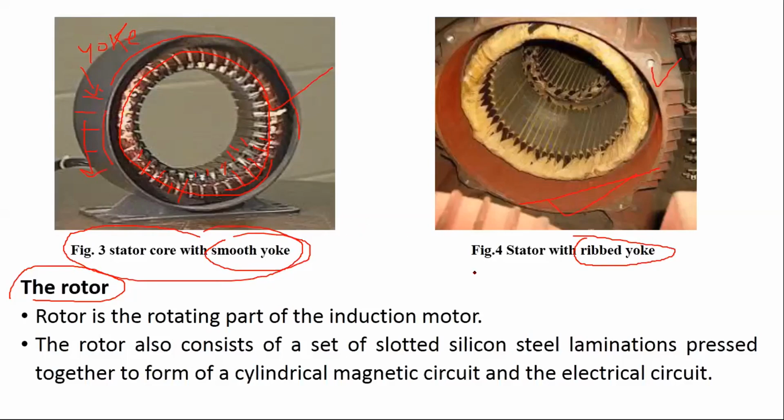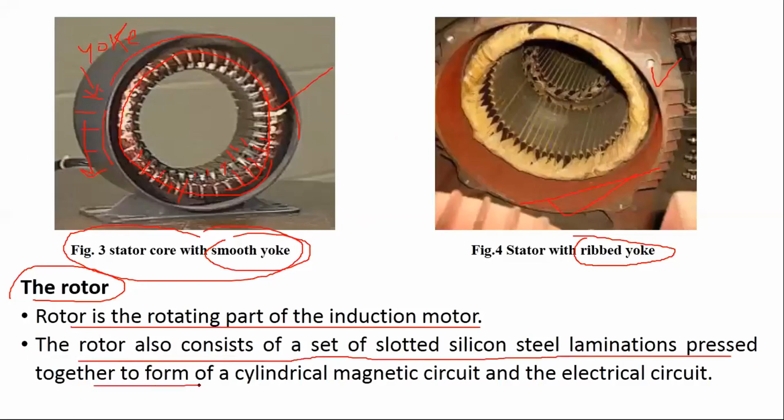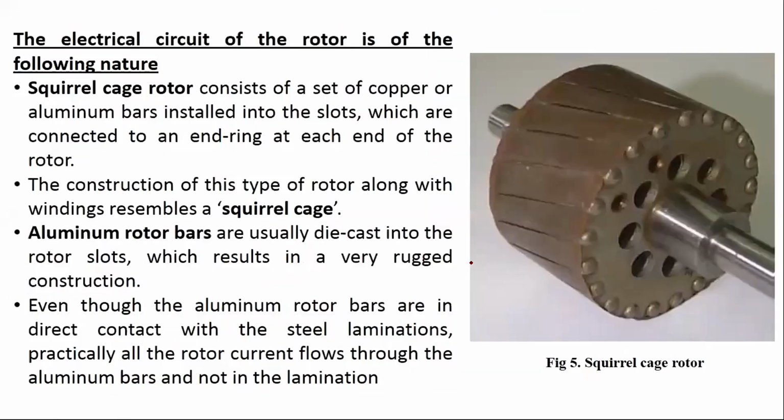Okay, so now let us come to rotor. Rotor is the rotating part of induction motor. The rotor also consists of a set of slotted silicon steel laminations pressed together to form a cylindrical magnetic circuit and the electrical circuit. What does it mean? It means that